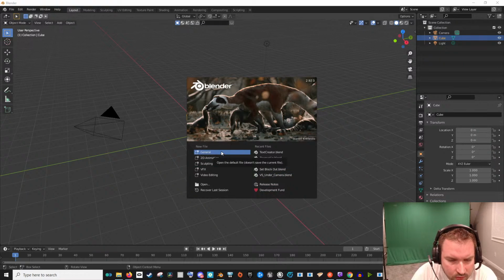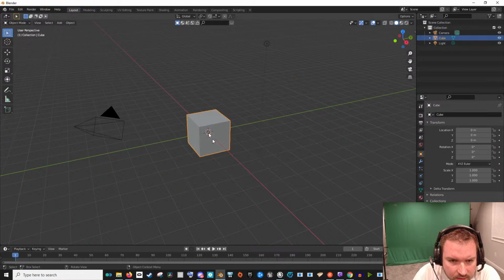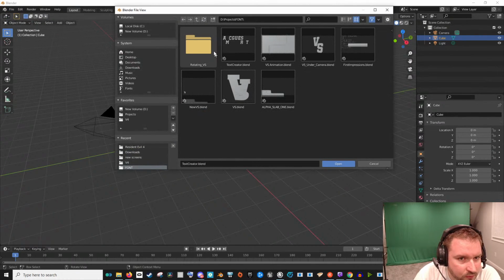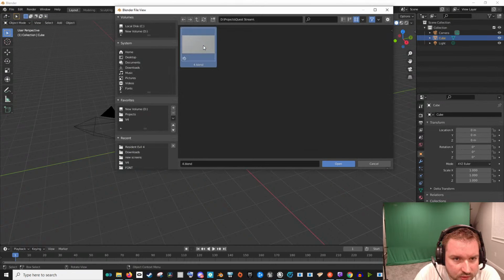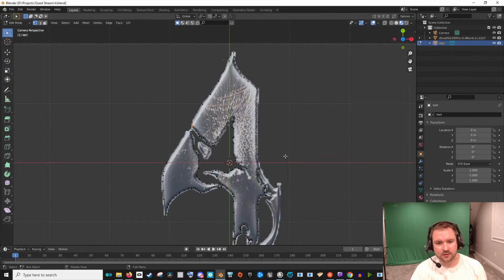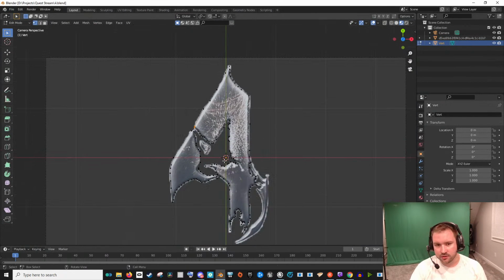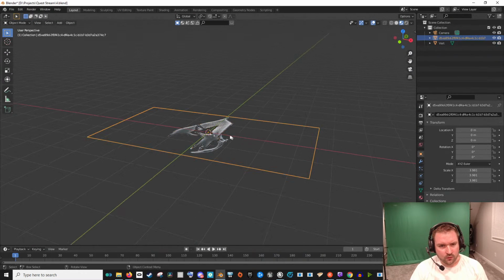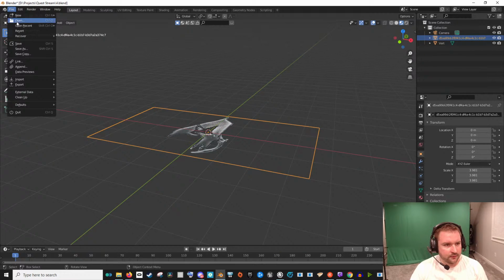Okay, so we're gonna open up a project that I already started. I already kind of started working on this, so Quest Stream, this will speed up the process along. So what I did online was I found an image of the Resident Evil 4 logo. Then I used File,